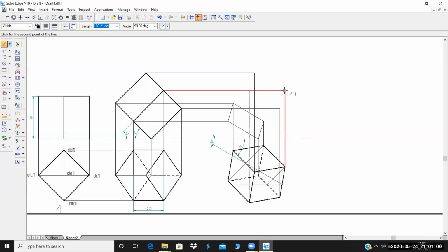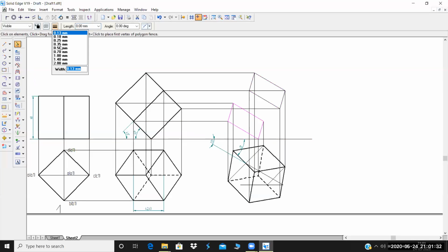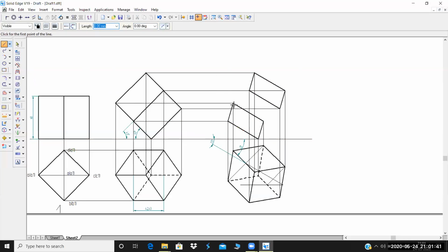This is D. So the extra part, if it is there, just go for trim and remove this part. Now I told you, just like in the previous problem, select the bottommost part which you have drawn here. Go for move copy. Here I'm selecting C1 and placing it on C. You can see that all the points will be connected here. So it becomes easier for you. Just make sure that you change the thickness of these lines to 0.5 and 0.5.